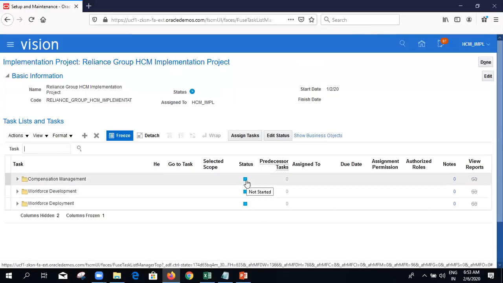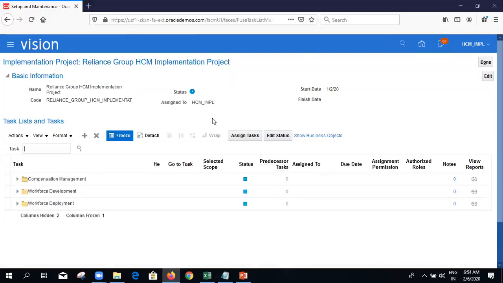As of now the status is kept as not started. Now the project manager wants to assign certain tasks to some consultant. Let's suppose there is a team of 4. One is responsible for the global HR module and one is responsible for absence management in our team, let's assume.